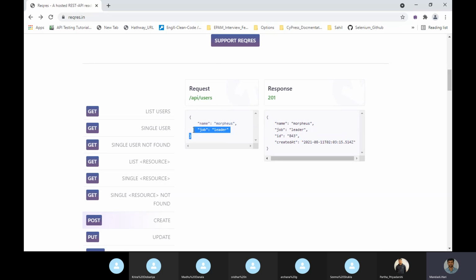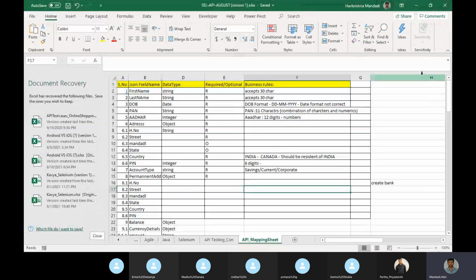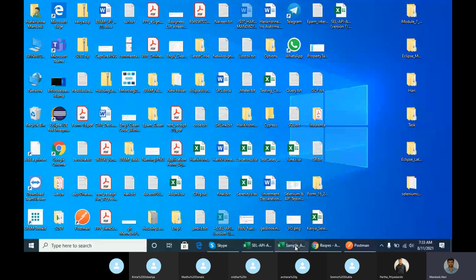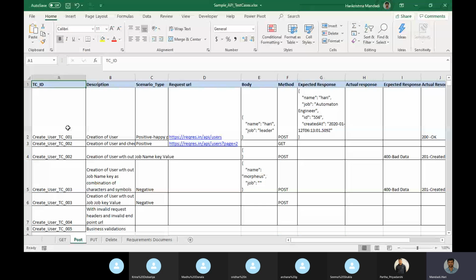When it is a POST we need to pass a body. Based on this body we are going to write multiple scenarios. I will send this sheet also today, just go through how I have written it.